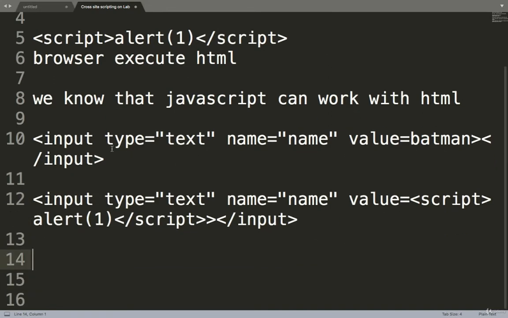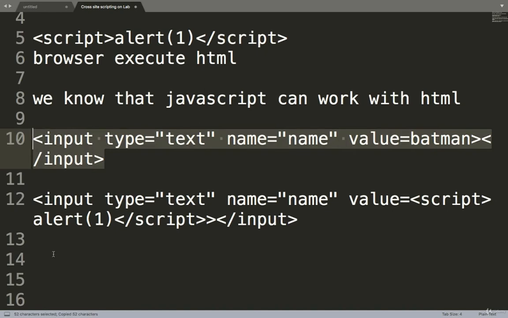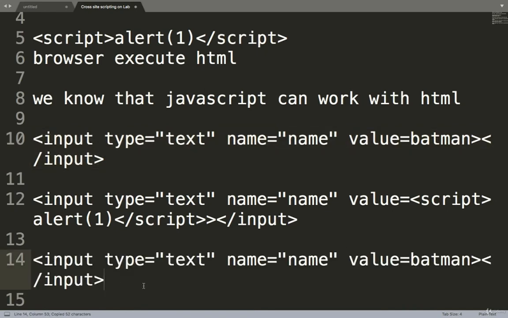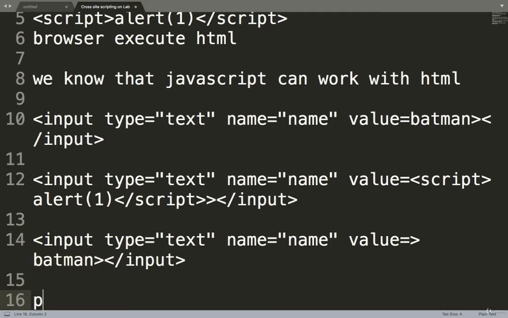So let's take this example. What if I close the Batman value right there? Then our code will get executed and we don't care about the other part. So in this case our payload will be this, and Batman.